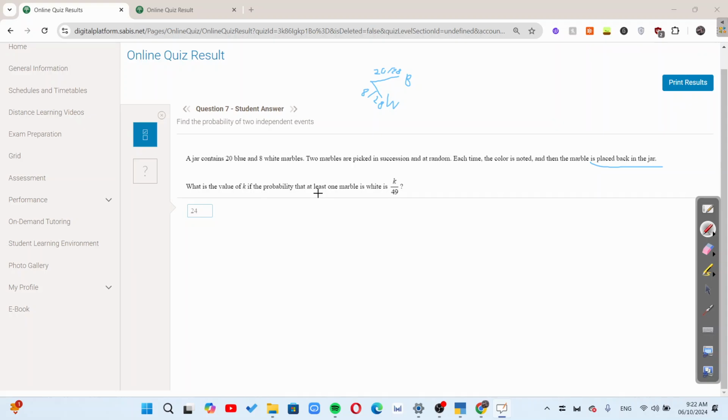So the chances you get at least 1 white marble: you could either get blue-white, white-blue, or white-white. So we have to add up all our probabilities for all 3 cases. Let's start with blue-white, which is 20 over 28 times 8 over 28,